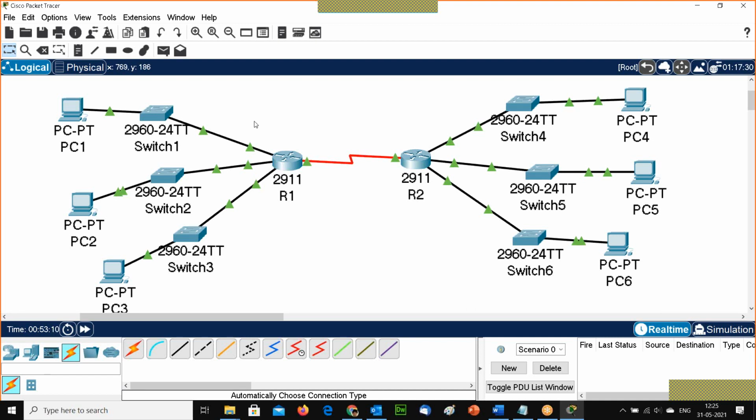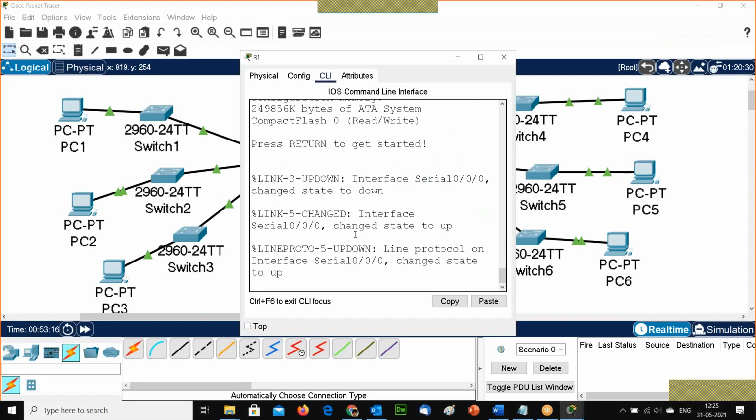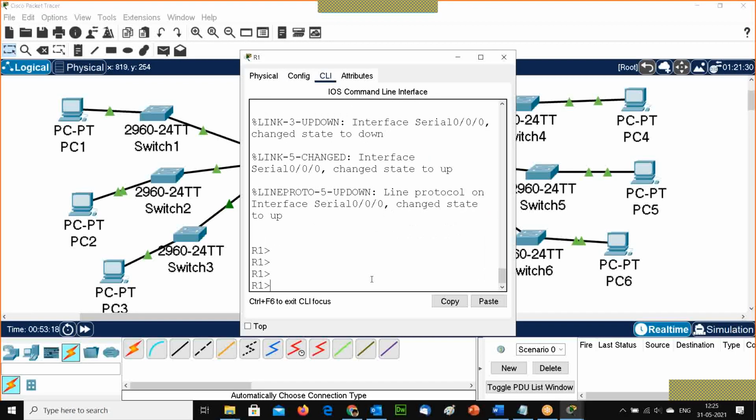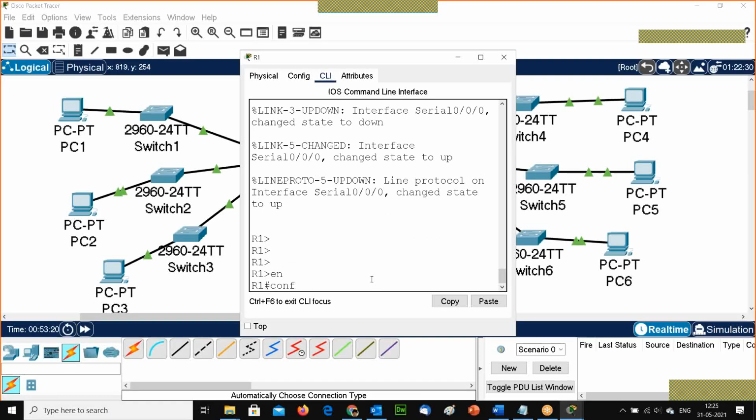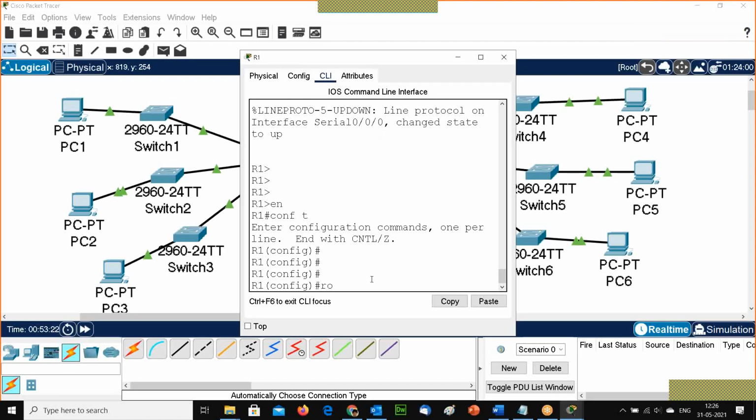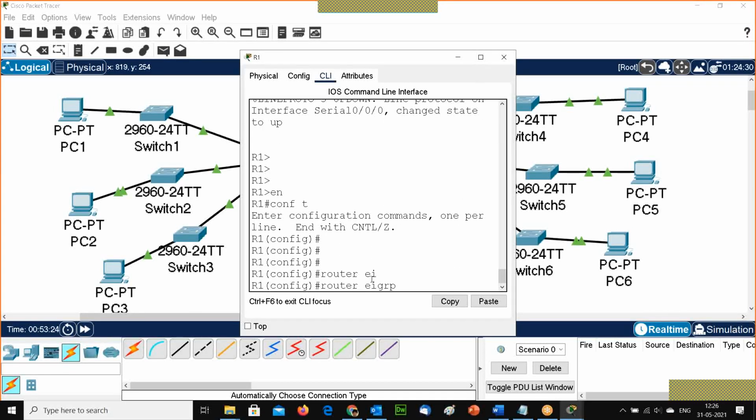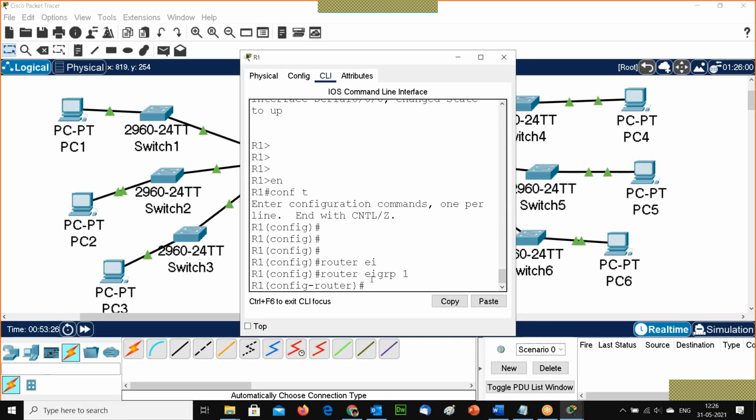For example, R1 and R2 both are in same autonomous system. I have decided both are 1. So I have to go and do it. First I'm writing enable, configure terminal, then I'm writing router EIGRP, then I have to write 1.